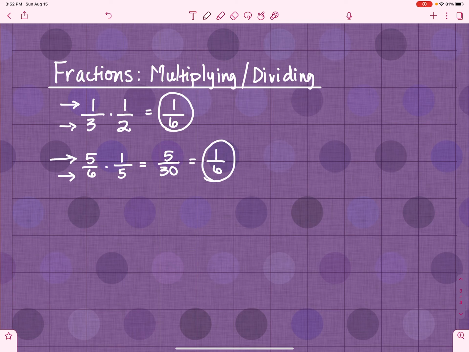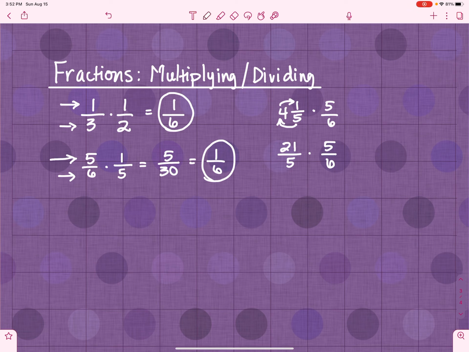All right, let's get really crazy. What if I give you something like this? 4 and 1/5, that's a mixed number, times 5/6. Well, in order to multiply these, I need to change 4 and 1/5 into an improper fraction. So how do I do that? Well, I multiply these, so 4 times 5 is 20, and then I add the 1. So that's going to give me 21/5